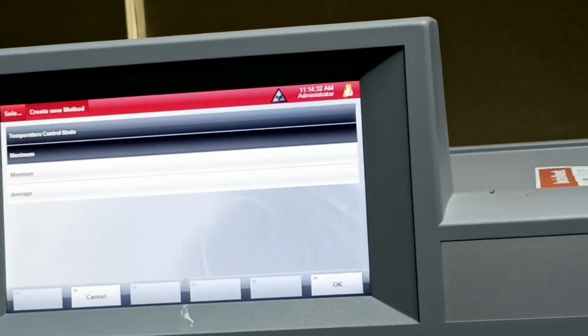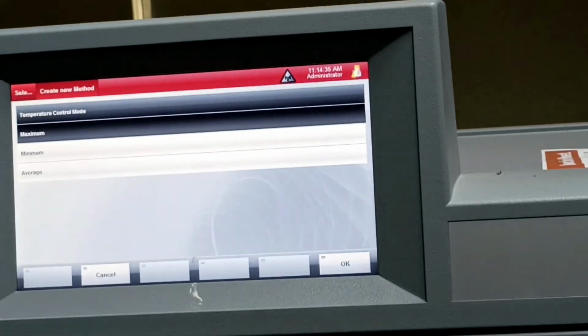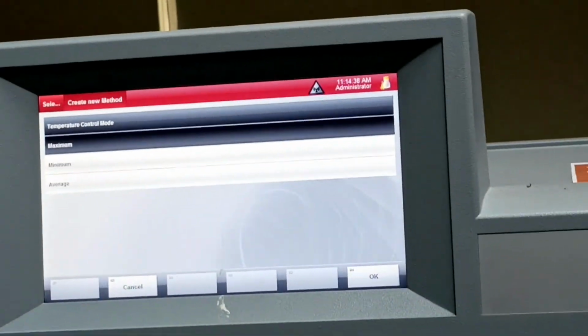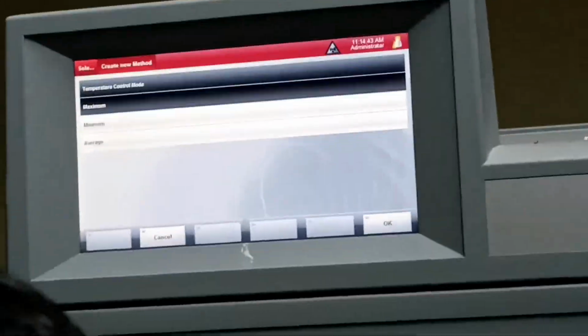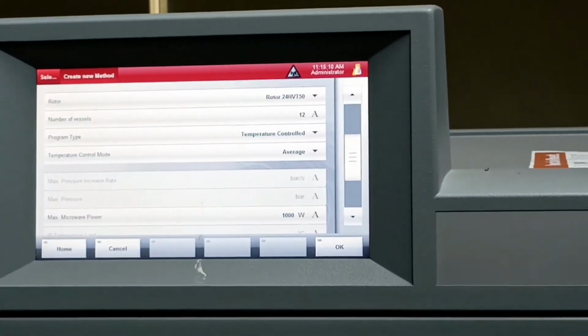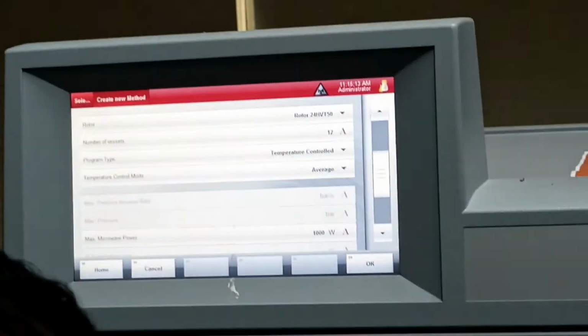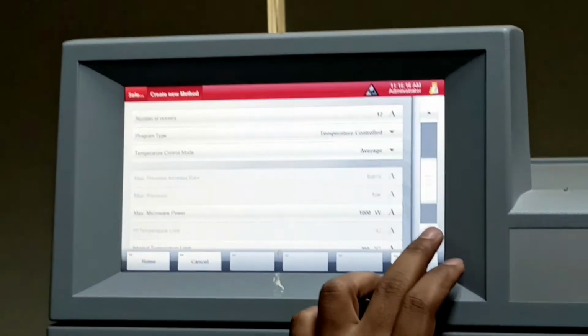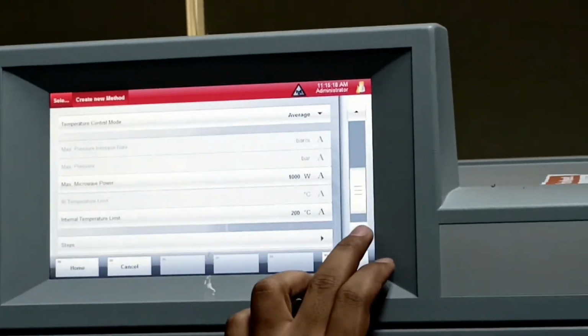If you have different types of samples, like what I have taken, 4 different types of matrices, such as milk powder and coffee powder, then minimum will be used very little, because it is only used for, say, feed samples or water samples. If you select the average mode, then limits will be there.